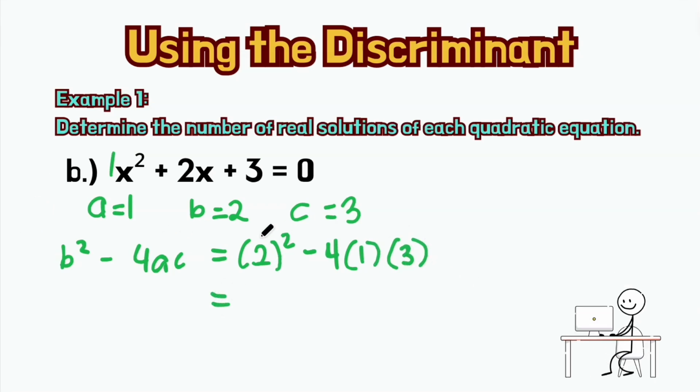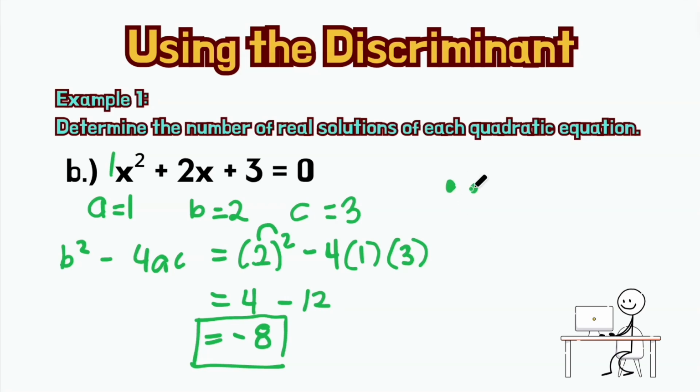And we get to simplify this one. 2 squared, that is 4. Minus 4 times 1 times 3, we have 12, or negative 12. 4 minus 12, that is negative 8, right? So, therefore, our discriminant is a negative number, or negative 8. So, because the discriminant is negative,